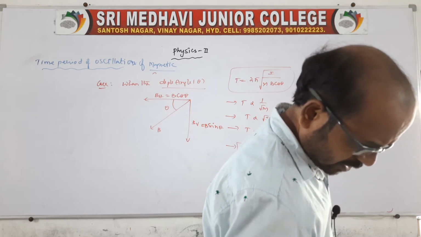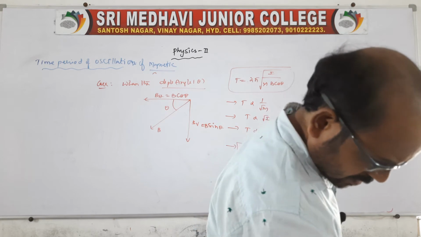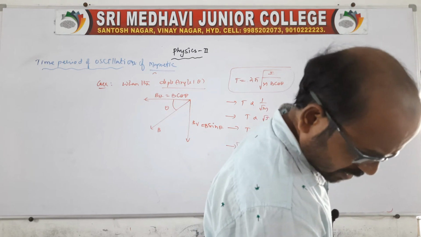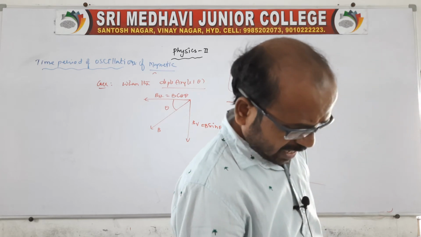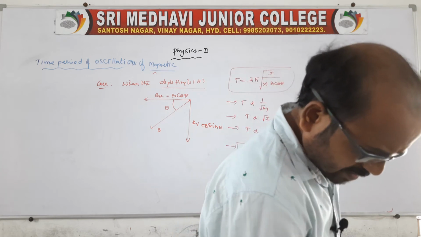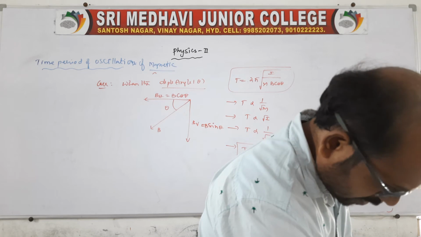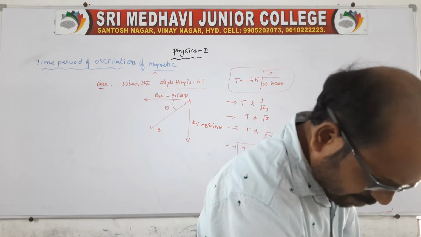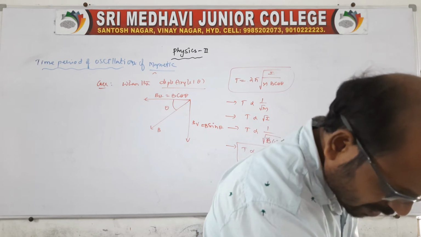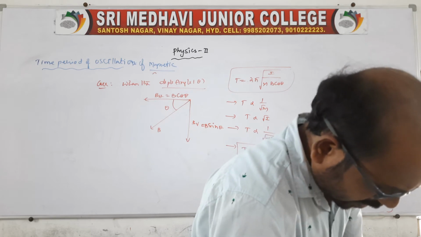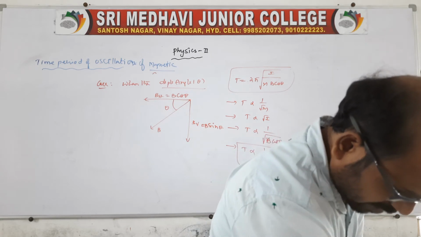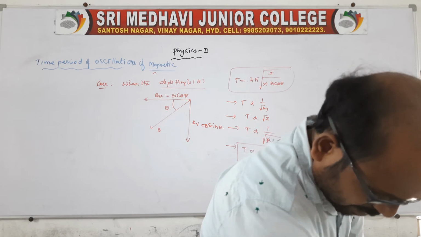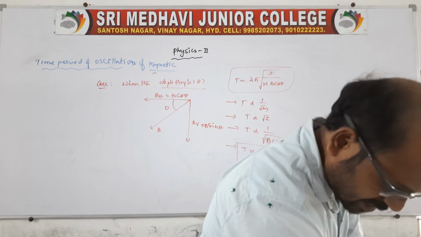Before that, I'll tell you there is some other important point. Suppose if two magnets are placed in the same direction, sir, what will happen to the time period? If they are in the opposite direction, then what will happen to the time period? Of course, these two are very very important for the next coming classes. So I'll tell you the first case.